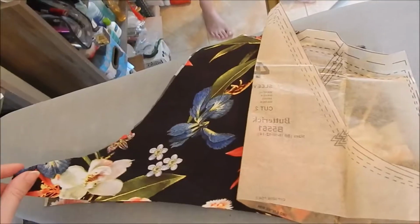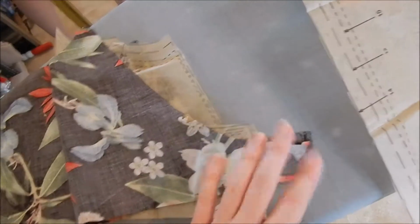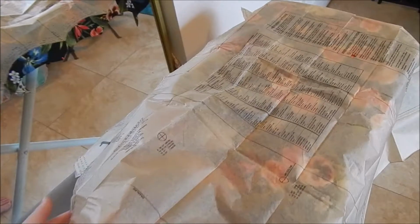And even though I honestly don't see myself ever actually wearing this shirt, you never know, and it might get some use, so I am going to take the care and do the French seams to hide all of the raw edges. So once I do that, then I'm going to work on the